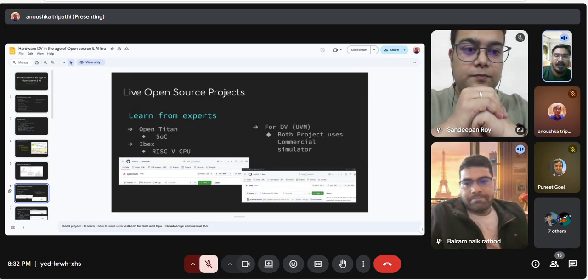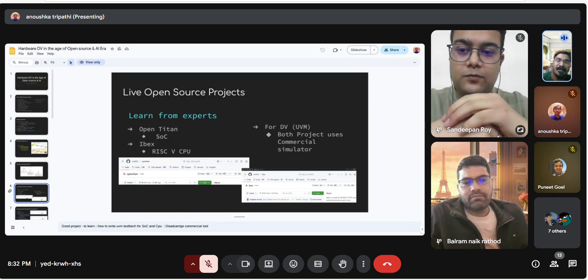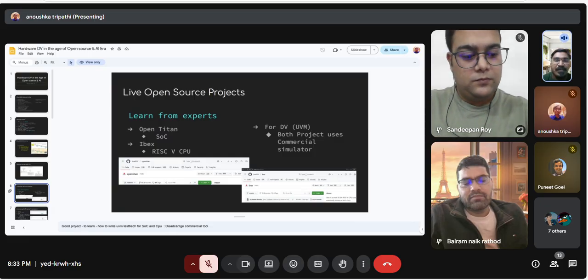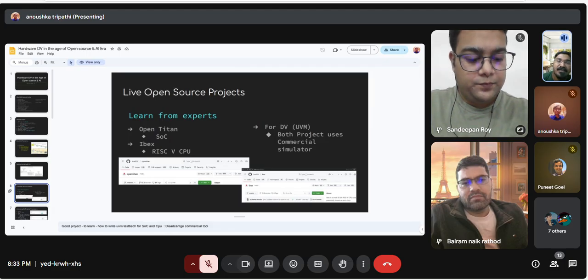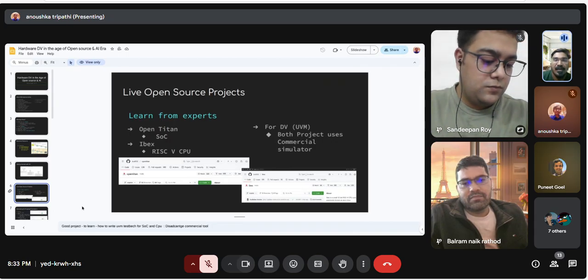All right. So next, we can actually see how experienced people write test benches. We can refer to the OpenTitan project for SoC level verification, and you can see Ibex for IP level verification. They have very good infrastructure on how to